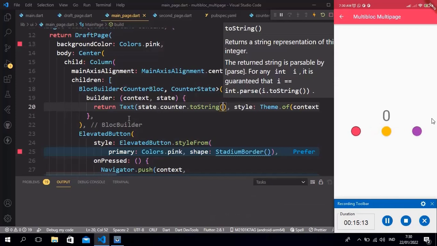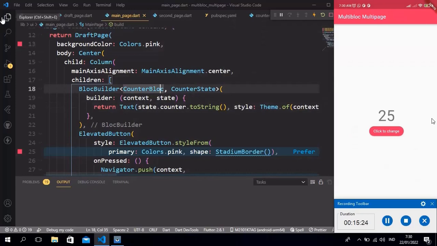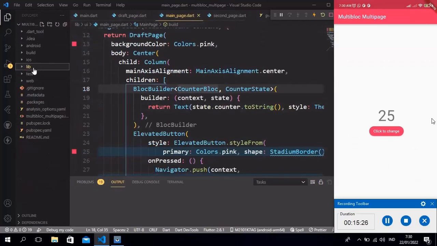Okay, if we refresh, and the state changes in the second page, then we go back to the main page, the state will display the same.